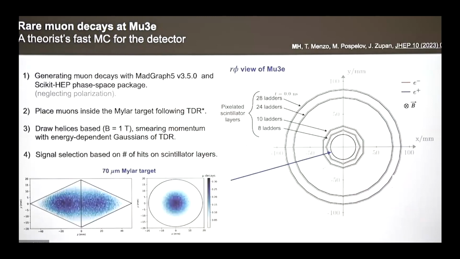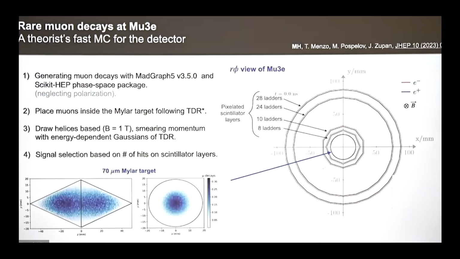So here's our own simulation of this. Why even develop a full simulation? Well, the main purpose is to understand the geometrical acceptance to these events, which is crucial. You have lots of particles coming out of muon decay that will typically have small momentum each. So you need to know how many of them will actually cross the layers. So that's why we developed our own simulation.